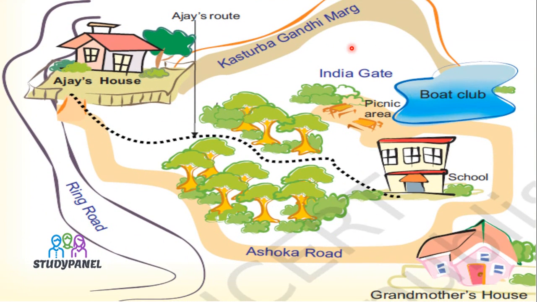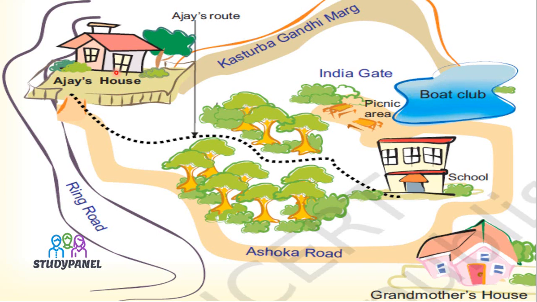See students, you have done this activity in your maths chapter 8, that is Mapping Your Way. In that chapter, you had to find the road on the basis of a map. In this activity also we are going to do the same thing. This is a map. First of all, we will observe this map very carefully so that we can answer the questions that will be asked on the basis of the map.